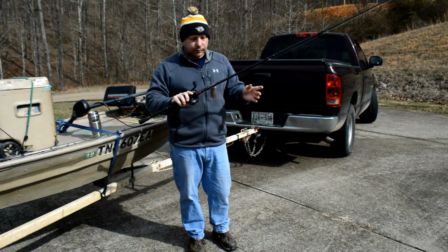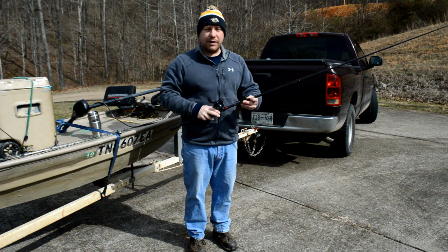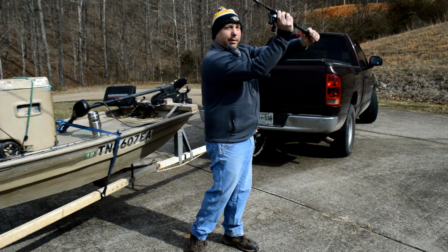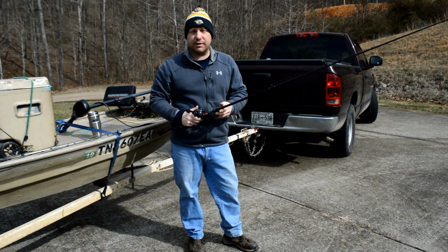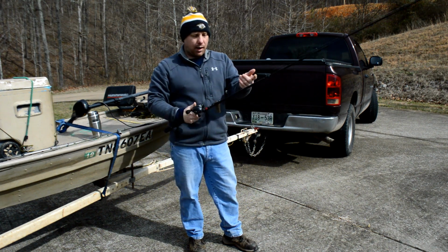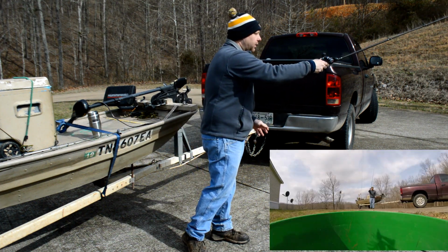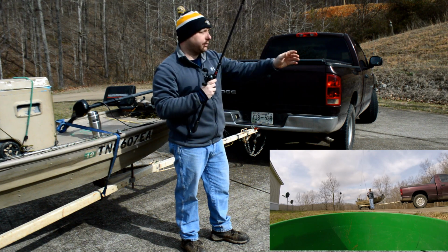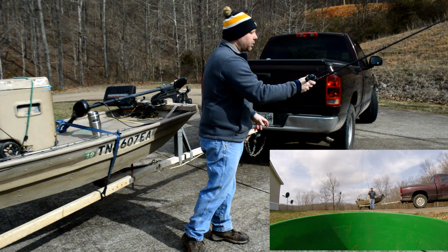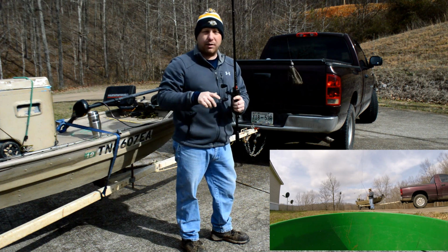And so the 7'3" allows me enough distance if I'm throwing a lipless to be able to get out there and cast it a little bit further than if I had a real short rod. And also it allows me to have a little bit more accurate casts, or some accurate pitches when I'm pitching into brush. I missed my spot 2 times in a row there,